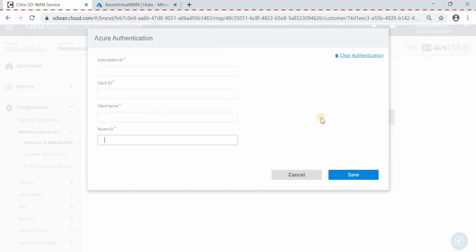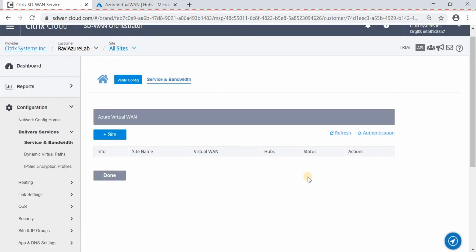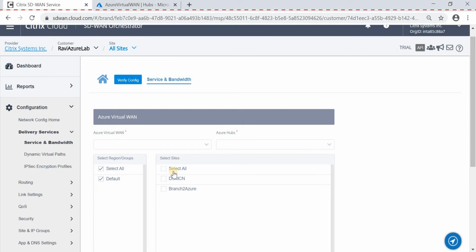As part of settings, we need to fill in the service principal, which includes complete authentication details, using which we'll be able to automatically download the configuration from Azure, and we'll be able to add that configuration on the sites, and we'll be automatically getting the configuration and applying that on the sites that we want to have this service enabled. After filling in the authentication details, we can go ahead and add the sites.